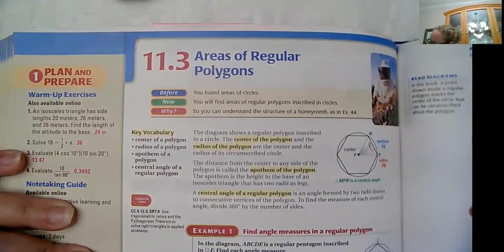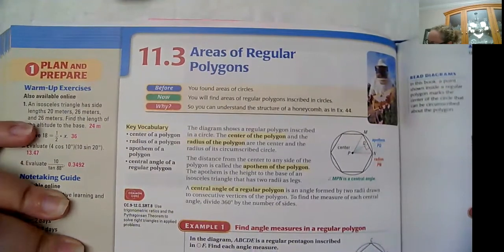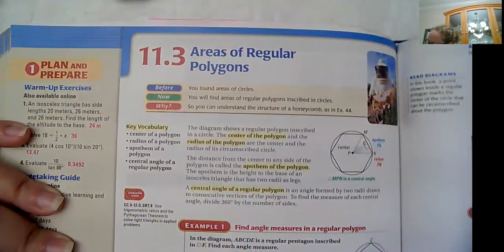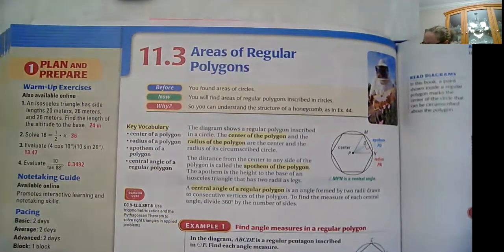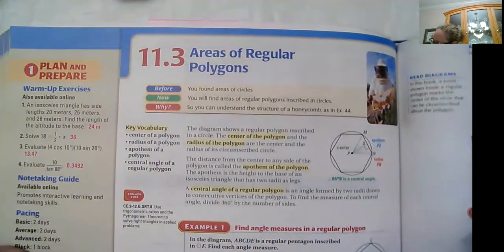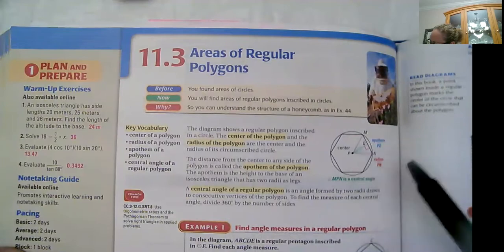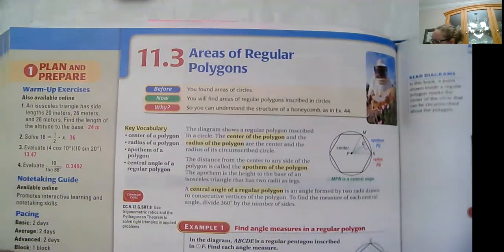So it says the diagram shows a regular polygon inscribed in a circle. The center of the polygon and the radius of the polygon are the center and the radius of the inscribed circle. The distance from the center to any side of the polygon is called the apothem, which is,